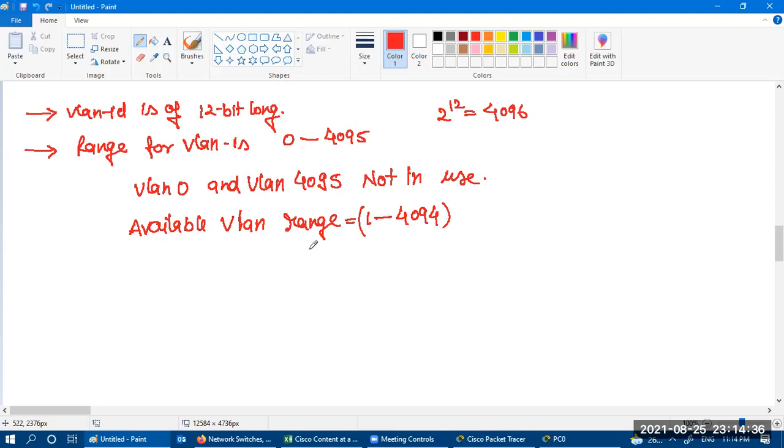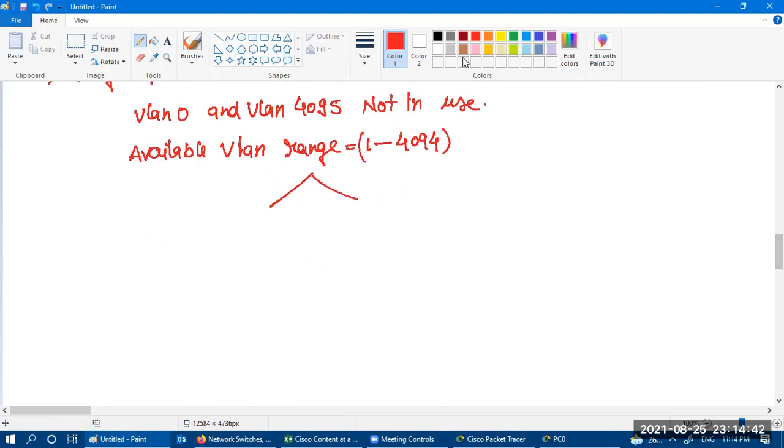Okay. Now this available range is divided into two parts: standard and extended. Standard ranges from 1 to 1005.